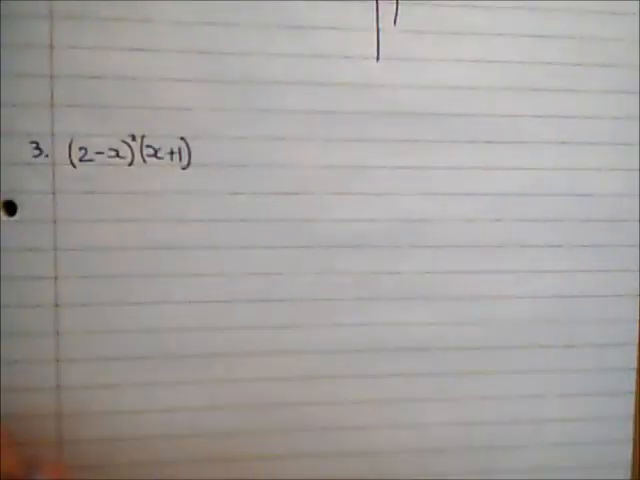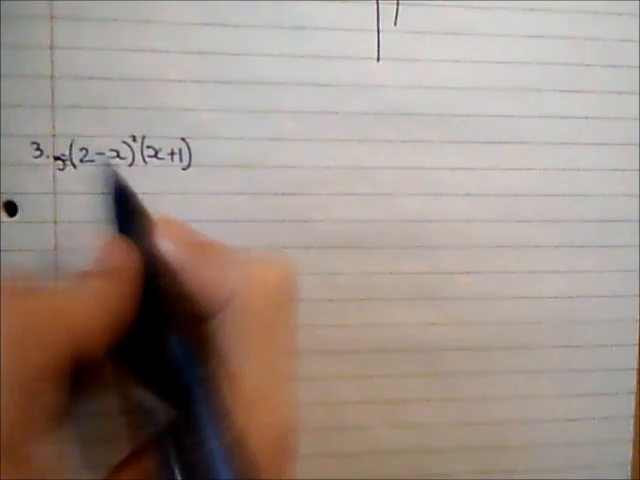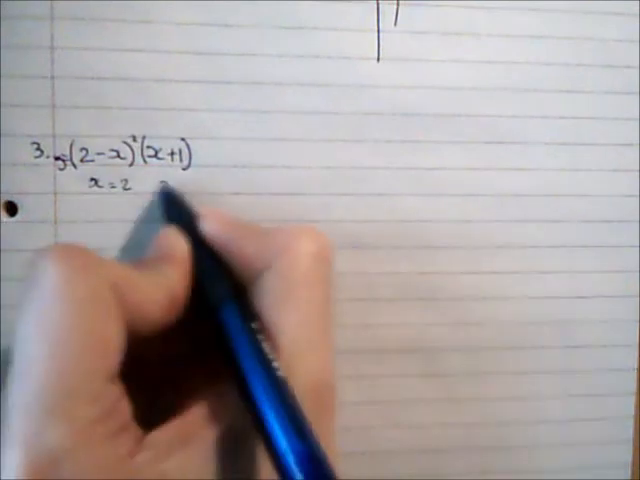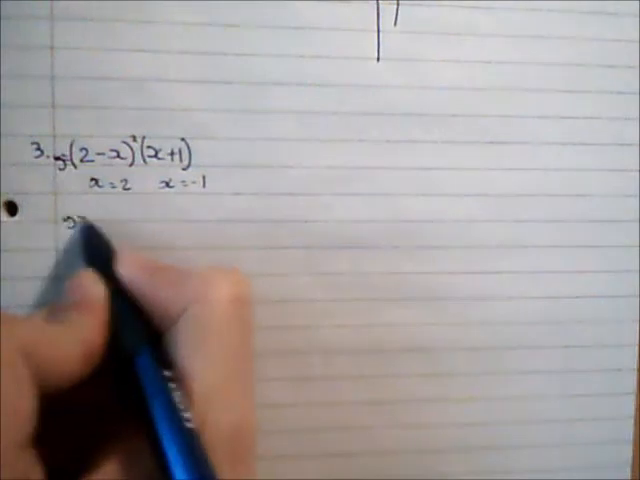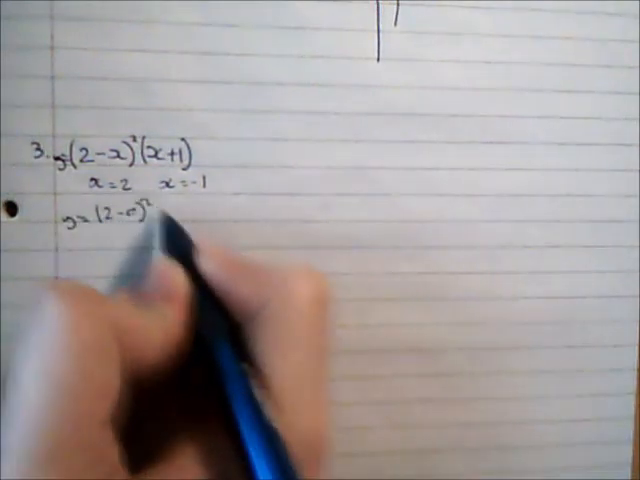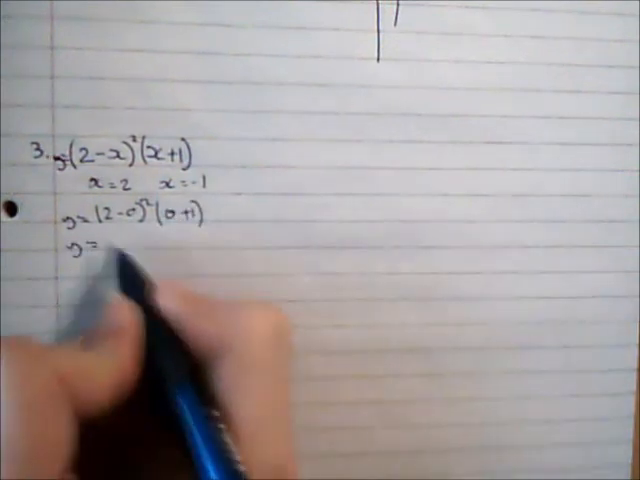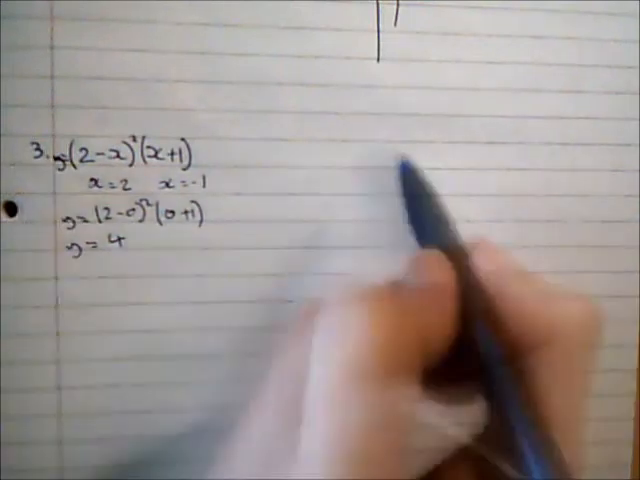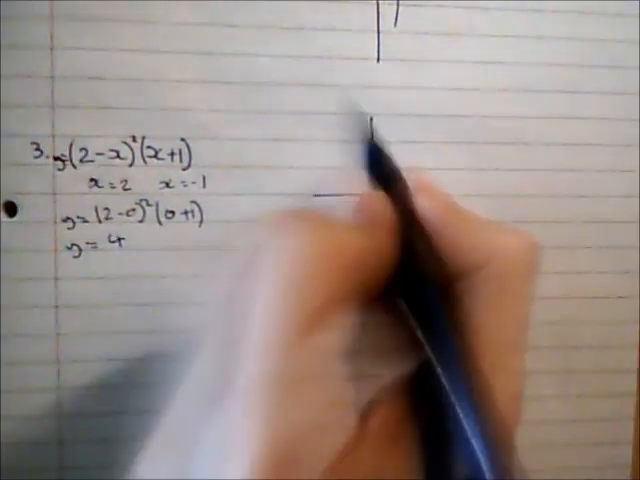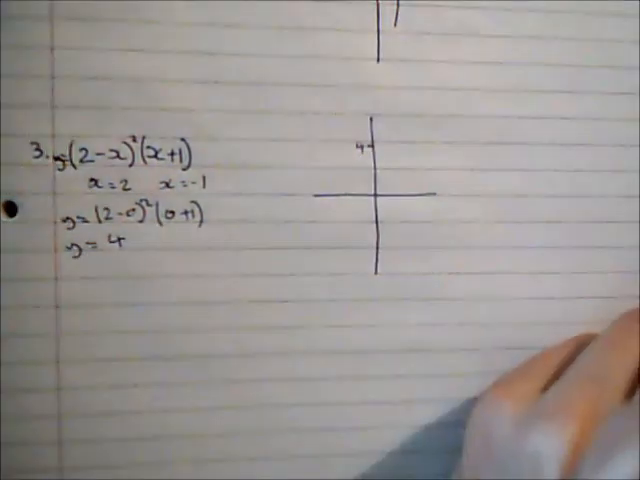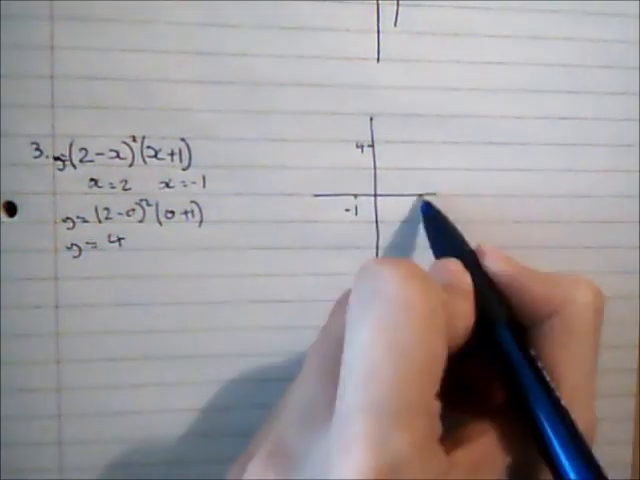Third example is much the same again, so that should be y equals that. So at x equals 2 and at x equals negative 1 are going to be my key points on my x-axis, and y is equal to 2 minus 0 squared multiplied by 0 plus 1, so that will be 4, and then I can do my set of axes. So it's going to cross the y-axis at 4, and my key features on my x-axis here are negative 1 and 2,